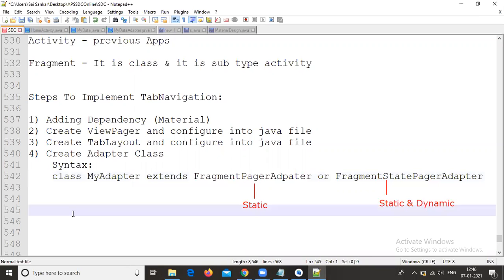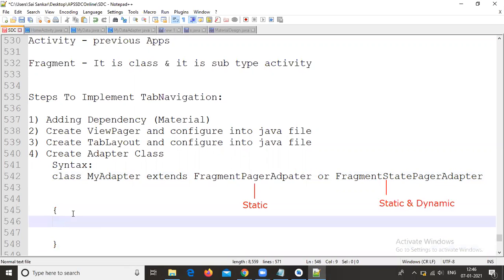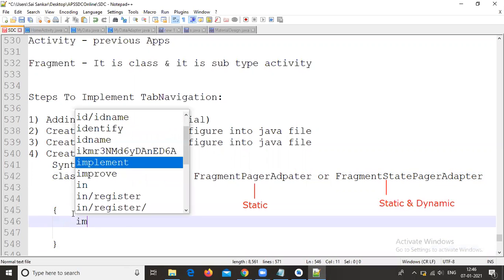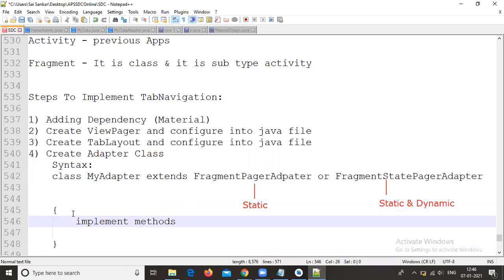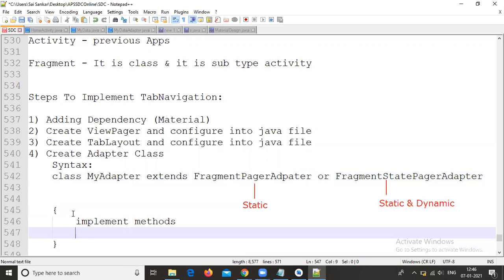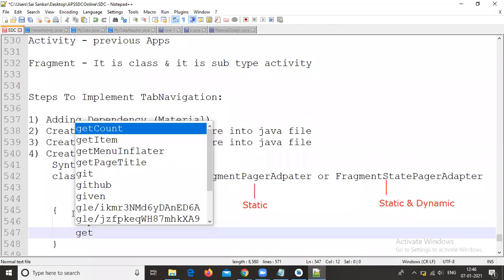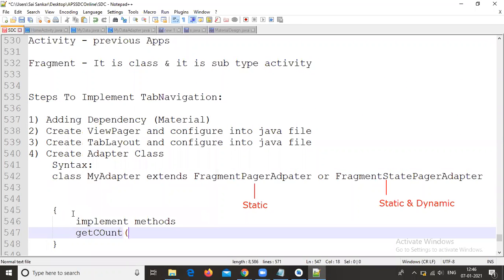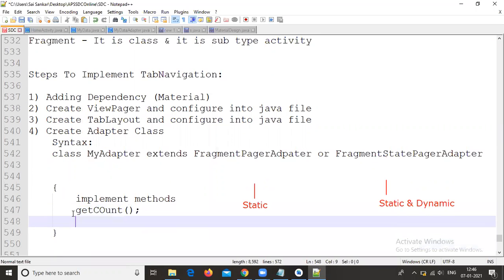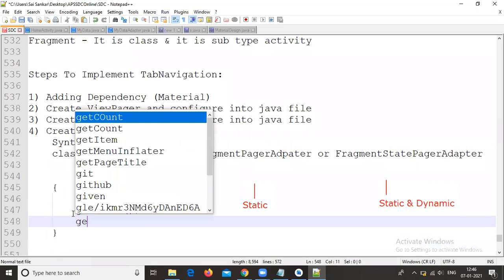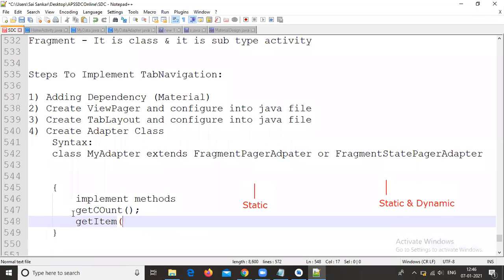Okay, so after that, inside this one you need to implement the methods. So what are the methods we need to implement? The getCount method and the getItem method.